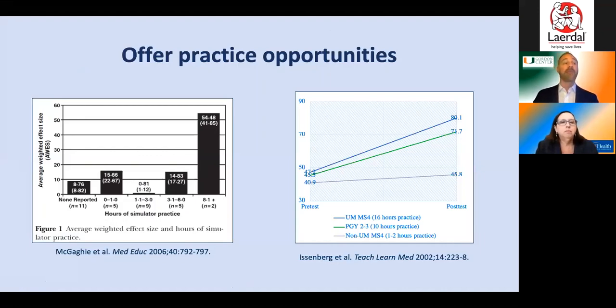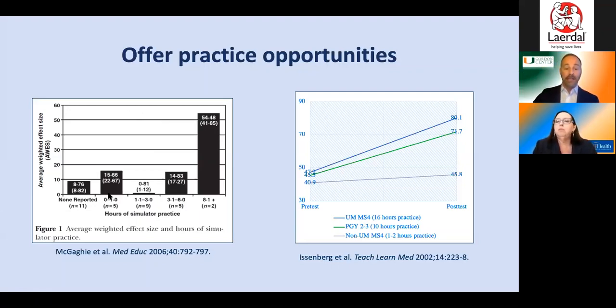Getting toward the end of the BME features, another important thing, obviously with any skills-based domain, is to give them opportunities for repetitive and deliberate practice. These are 2 studies that we were involved with, looking at a subgroup of the BME articles. The pane on the left shows that there is a quantitative relationship between the amount of repetition, the amount of practice that people have, and the magnitude of the learning gains.